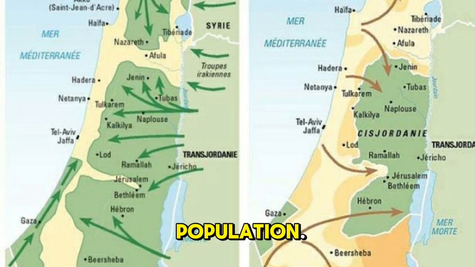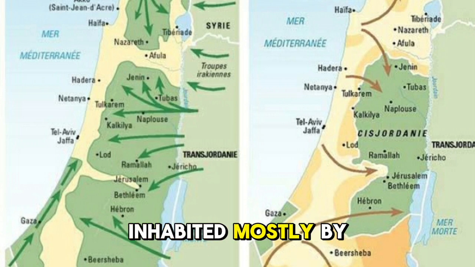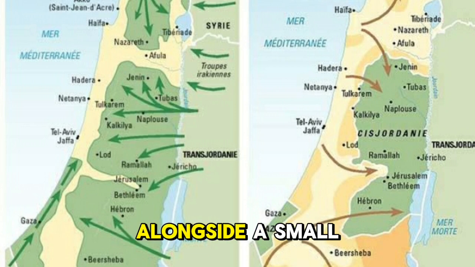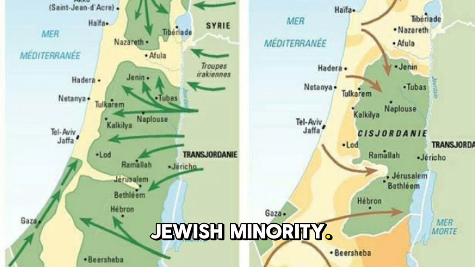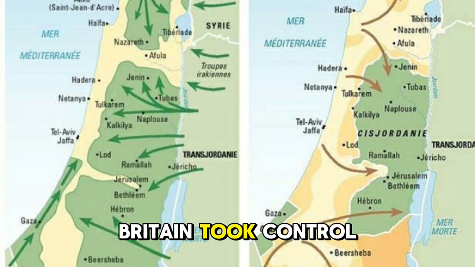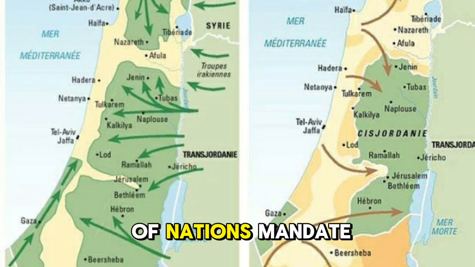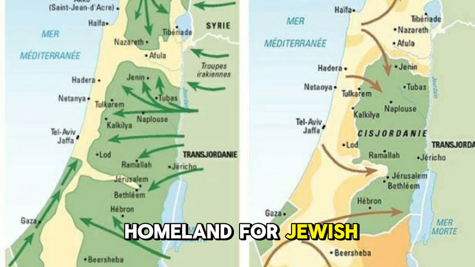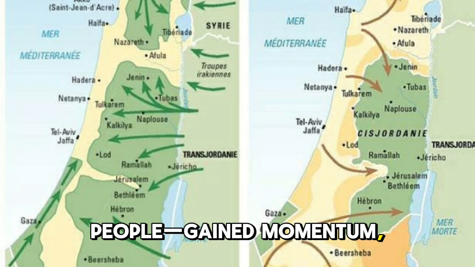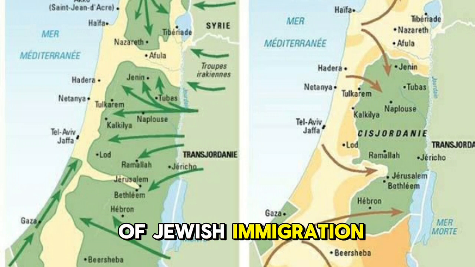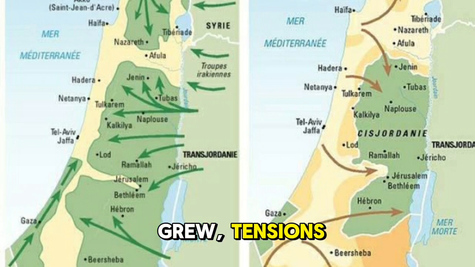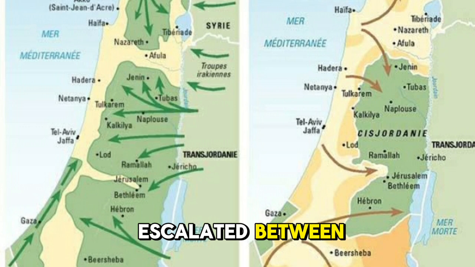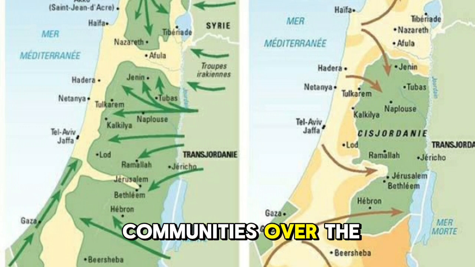existing Arab population. In the early 1900s, this region was part of the Ottoman Empire, inhabited mostly by Arab Muslims and Christians, alongside a small Jewish minority. After World War I, Britain took control of the land under a League of Nations mandate. During this time, the Zionist movement seeking a national homeland for Jewish people gained momentum, leading to waves of Jewish immigration. As the population grew, tensions and violent clashes escalated between Arab and Jewish communities over the future of the